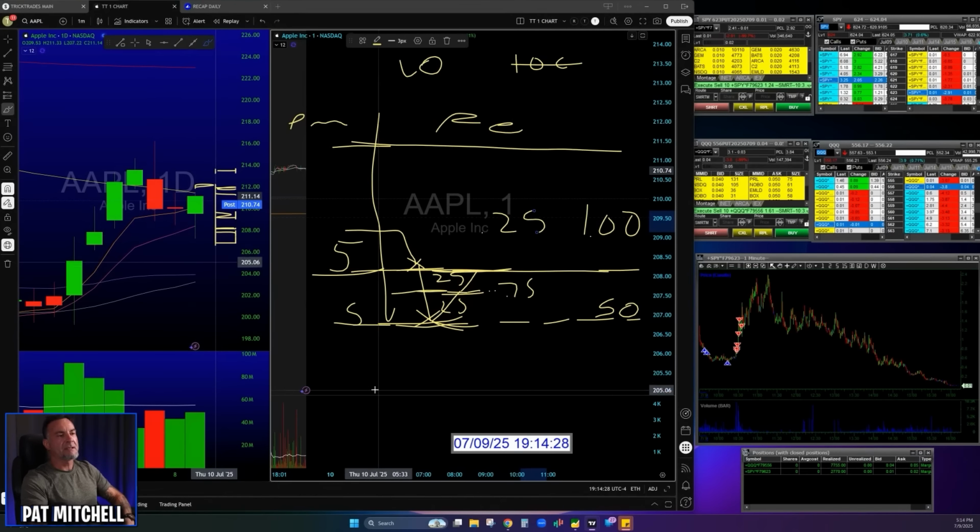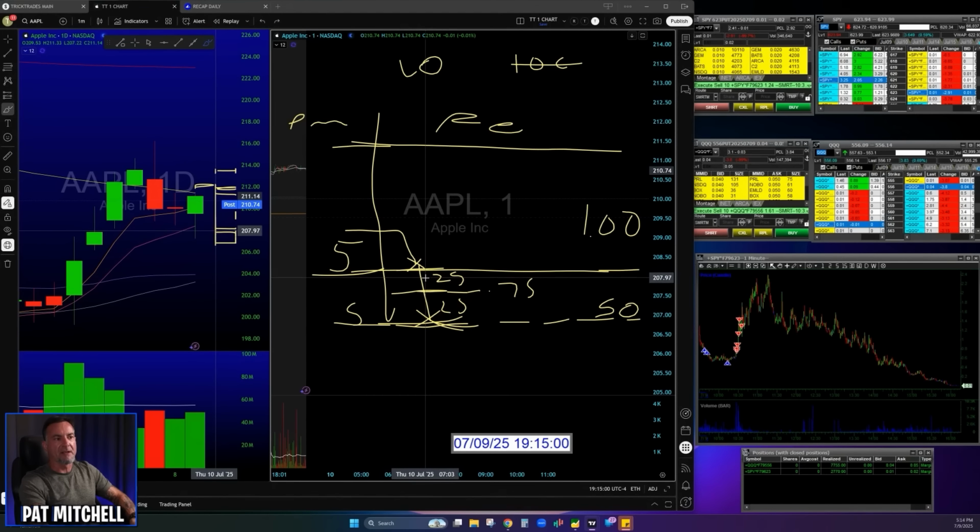Now remember, these numbers that I'm using, your average is going to be different, but I just wanted to give you the idea as to why you average and add into these trades. You need to keep that average tight, and your average is going to be right here. So if you look to the bottom right-hand side of this screen, you're going to see where it says average cost. That's important. You need to know where your average is. And I'm going to clean all this up, and I'm going to tell you what will happen if you don't